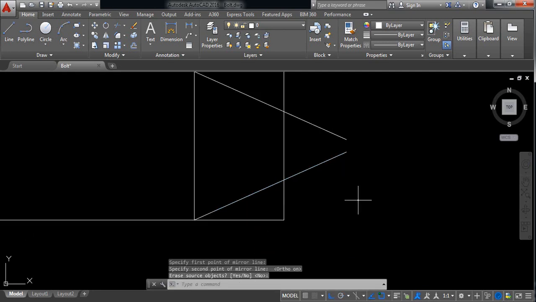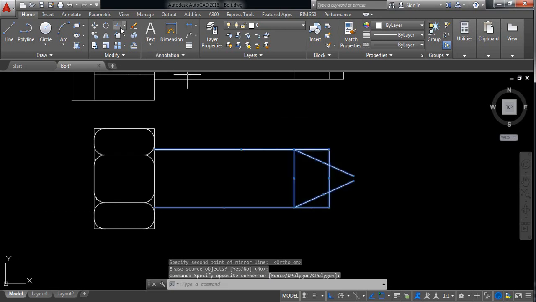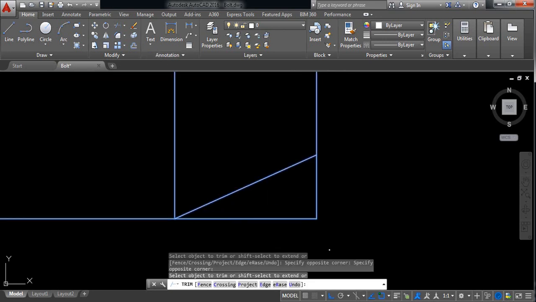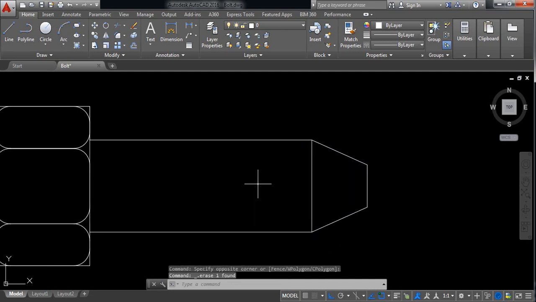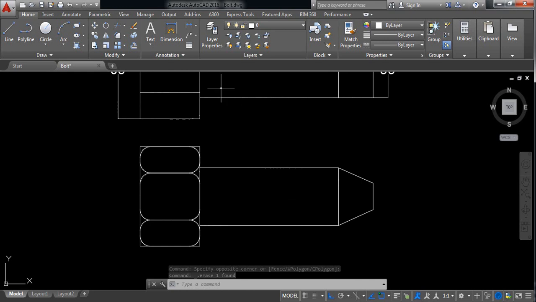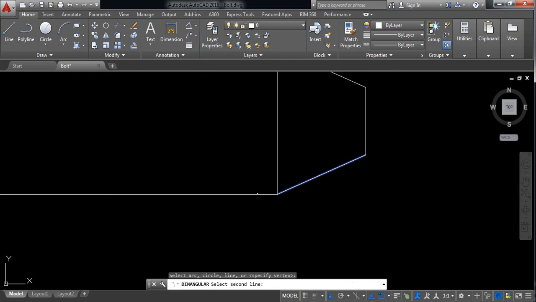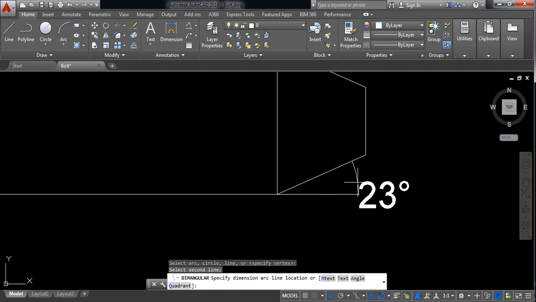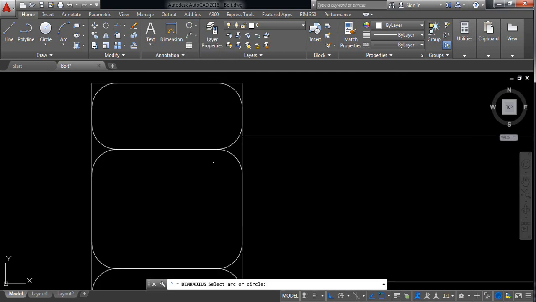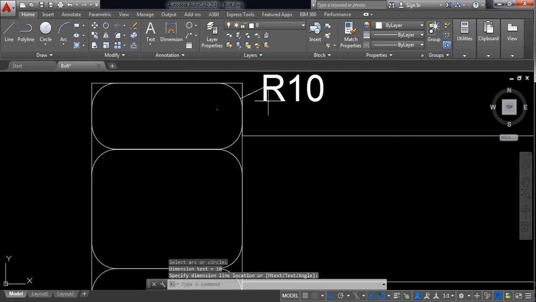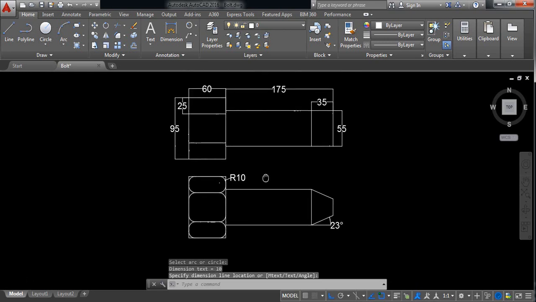Okay, now select trim command, trim the extra portions, enter. Now delete this portion. Okay, now just put the dimensions. Angle, sorry, not linear, I need the angle actually. The angle between this line and this line will be 23 degrees, and select the radius, and this radius will be 10 millimeter. Okay, now our drawing is complete,